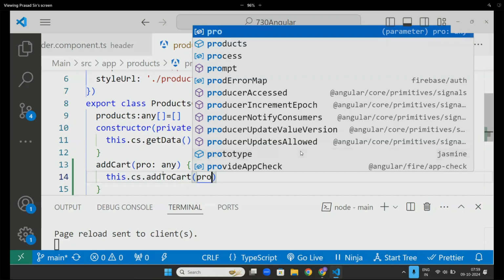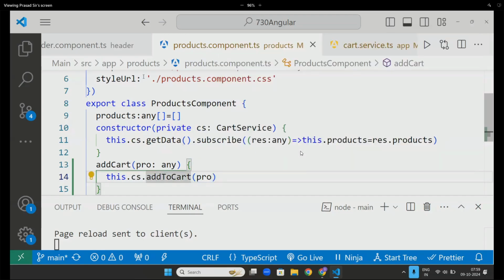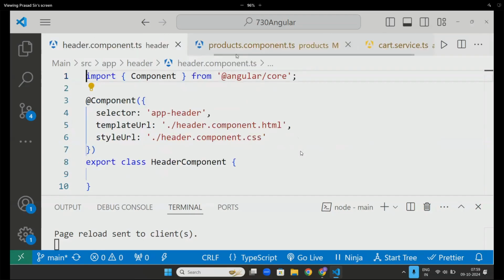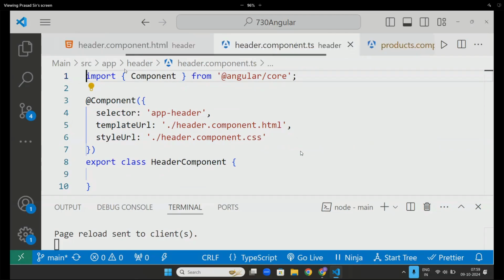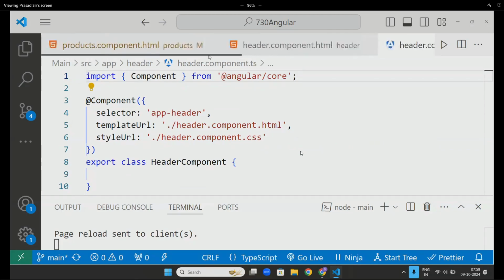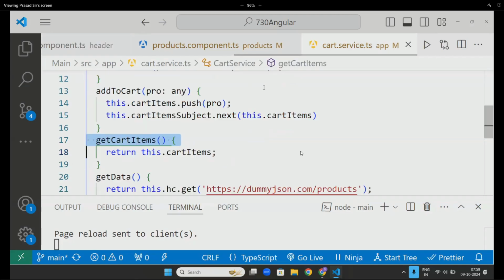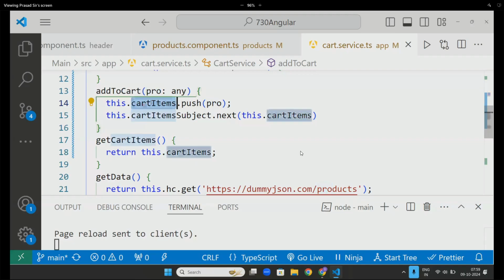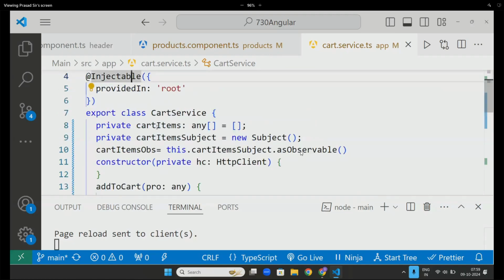Now immediately, what will happen? It will go to the cart service, and inside the cart service, it will call add to cart. It will add this product value into cart items. What is cart items, sir?